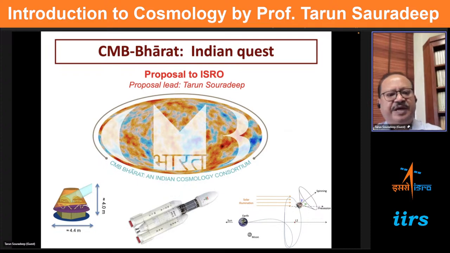I just wanted to end by saying that we did put a proposal to ISRO when they had a call for proposals a few years back. And this was by an Indian Cosmology Consortium. We would like to send a satellite to do this next generation measurement of the cosmic microwave background. There is information waiting to be mapped out, and we must do it. Someone must do it in the world. And we hope to